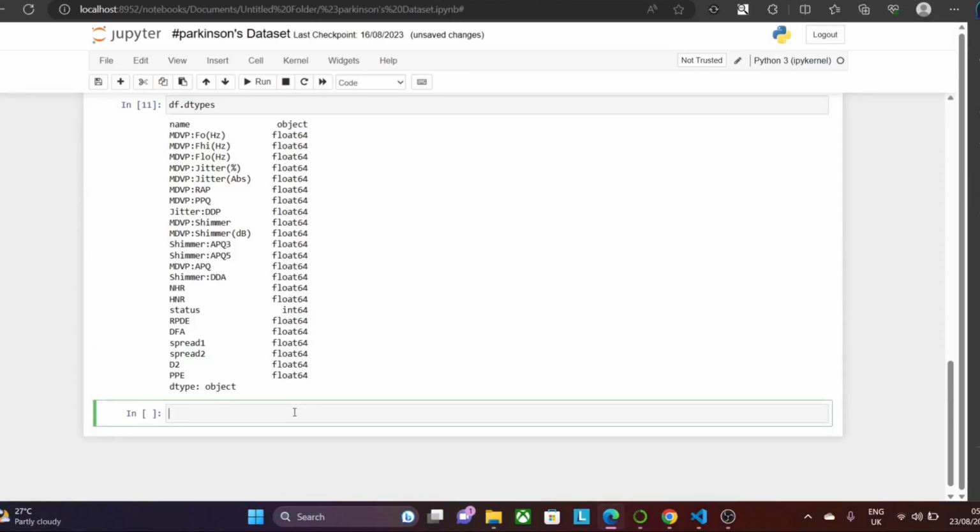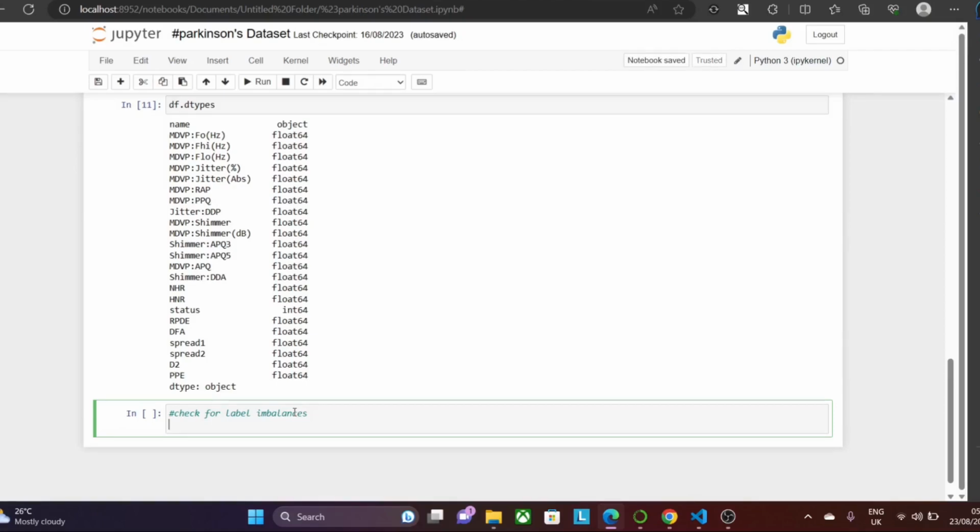Next up, we want to check whether there are any label imbalances. We can do that by plotting a data frame and by doing a display plot. We can create this by doing a pair plot. So how can we actually see whether there is any label imbalance in our data? First off, we're going to write the title, check for label imbalances, and we're going to import